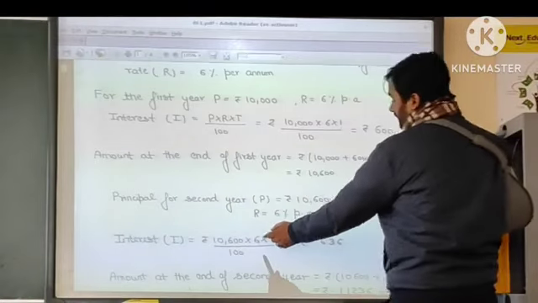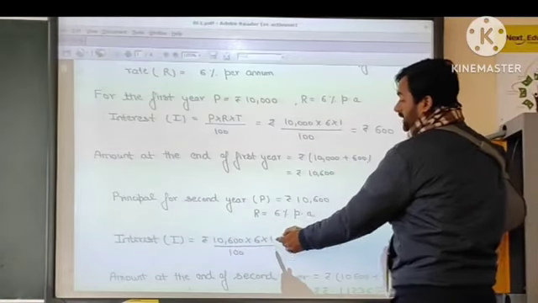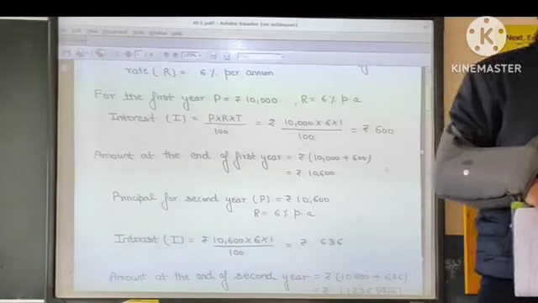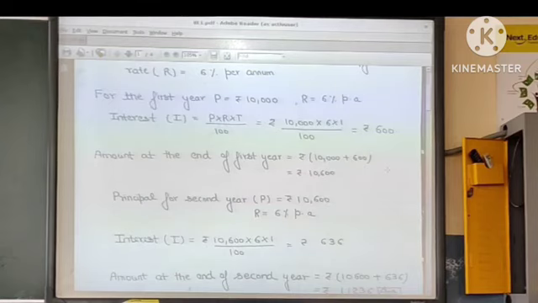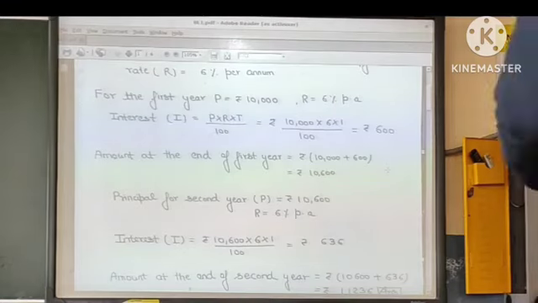6 is the rate of interest and time is 1 year. Now another important thing is that every year the time will be 1 year only. Why? Because we are calculating for 1 year at a time and every year the principal is changing. So when we are using the formula of simple interest to calculate compound interest, then time will be 1 year. Suppose you are asked to calculate for 3 years, then you will use the formula P into R into T upon 100 three times, and in that case you get the principal each time.